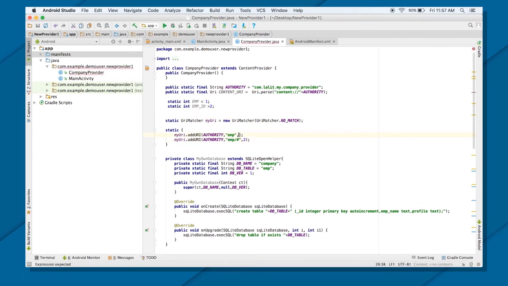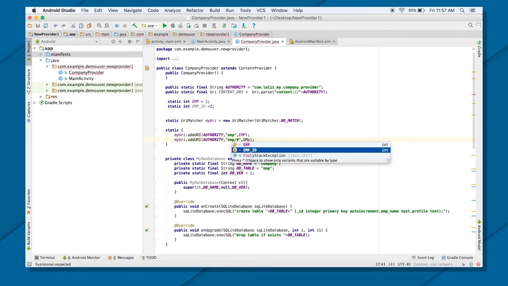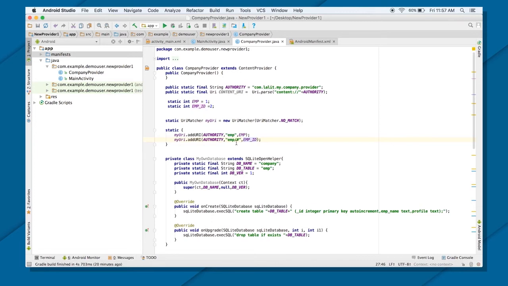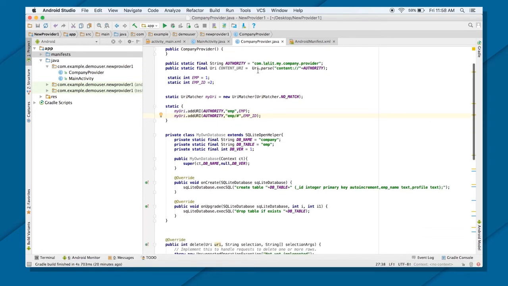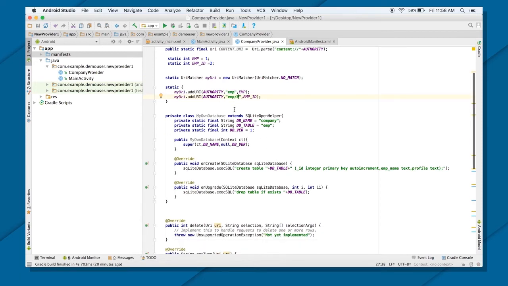So you can use EMP or EMP ID because I have defined them here as integer values. So this particular URI will access a particular row. Hash here means it can be any ID, it can be any number. So I have added these two URIs to the URI matcher. If you have more tables, you will keep on adding the URIs into your URI matcher. So as of right now, that's all I need.